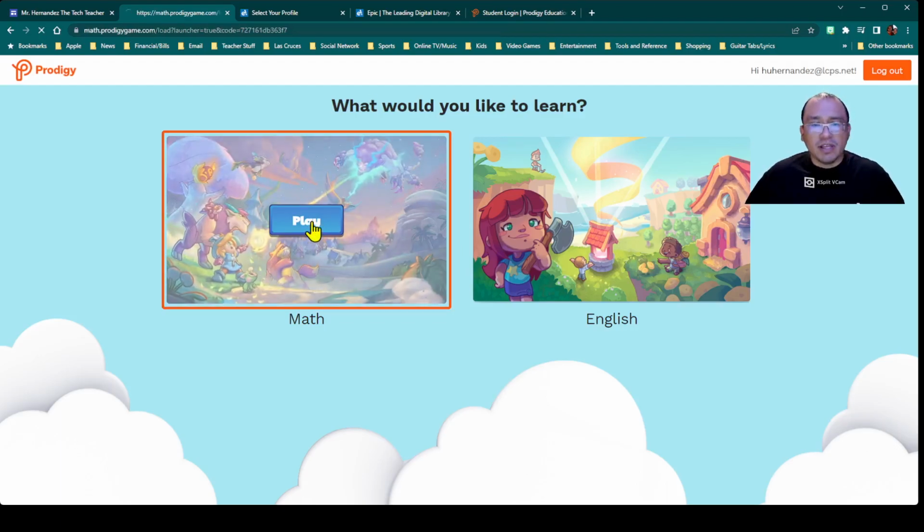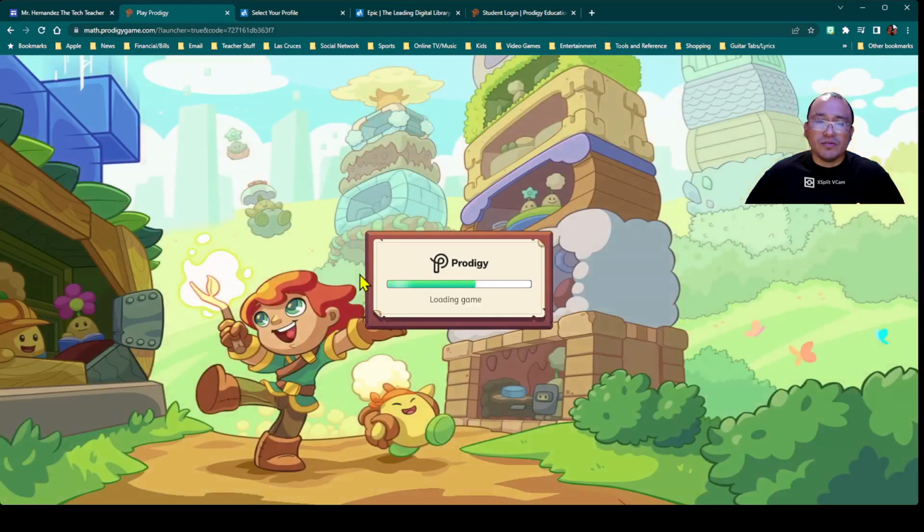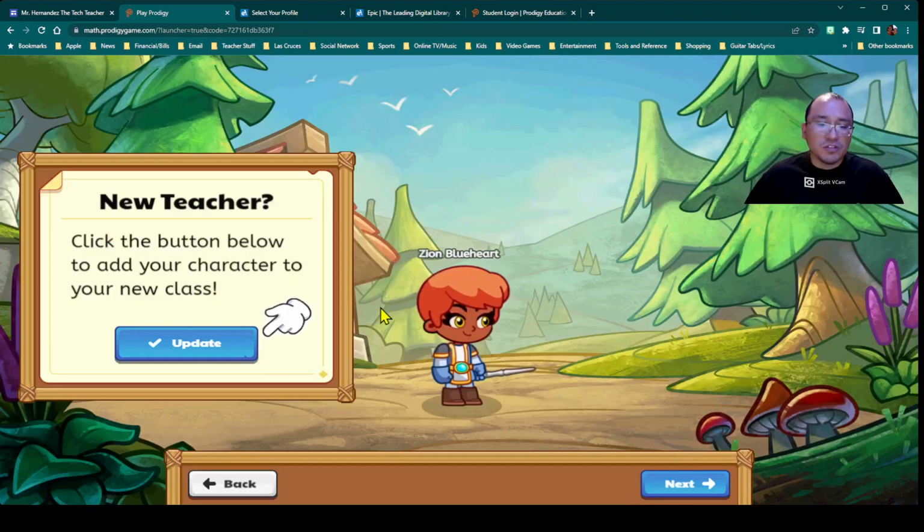We're going to click on play. In this example, I'm doing this from home, so I'm going to click on home when it prompts me, but you guys are at school. Click on school, all right? This actually will help you find each other in Prodigy. A lot of you like to find each other and battle the animals and monsters together.